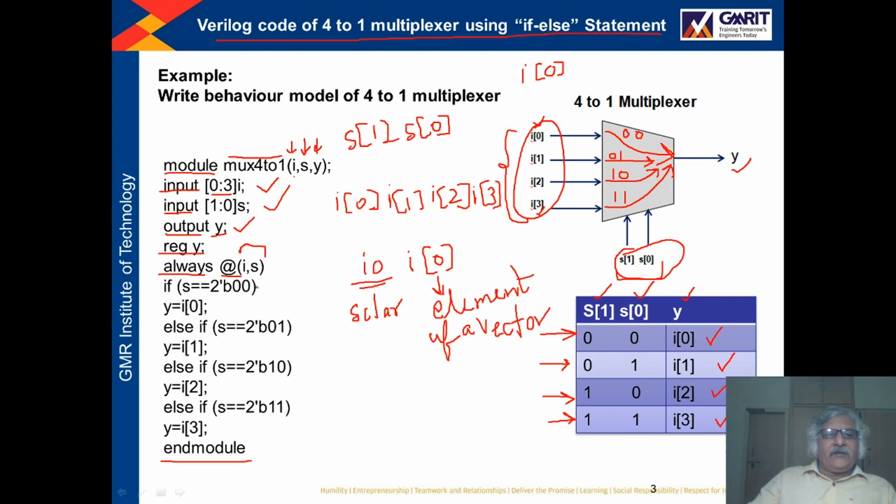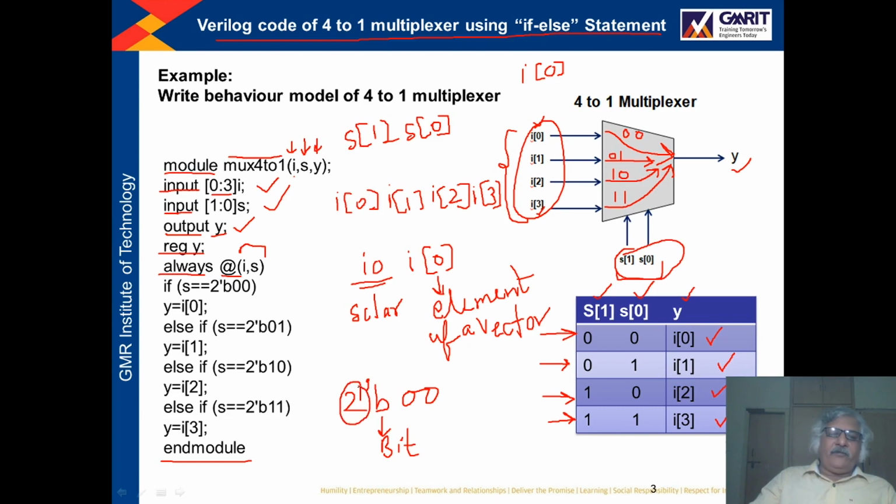Then after this, if S is equal to, here I have written 2'b00. The meaning of this is, this b indicates we are talking about bits, binary number bits, and in our discussion we have 2 bits.